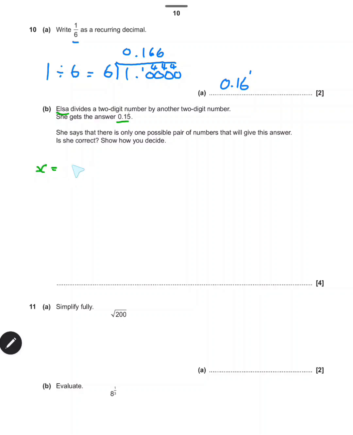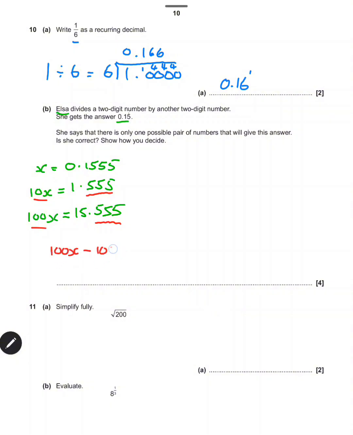We're going to start with x equals 0.1555. We're going to just follow this process and get 10 x's. Multiply by 10, move all the digits to the left. Again, just follow this process to turn the recurring decimal to a fraction. Multiply by 10 again, you get 15.555. And what we're looking for is this repeated pattern after the decimal point. That's a perfect match. So I'm going to pick these 2 up, and I'm going to do 100x minus 10x,